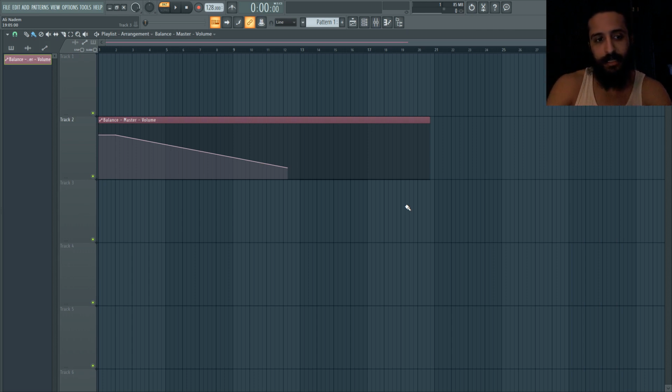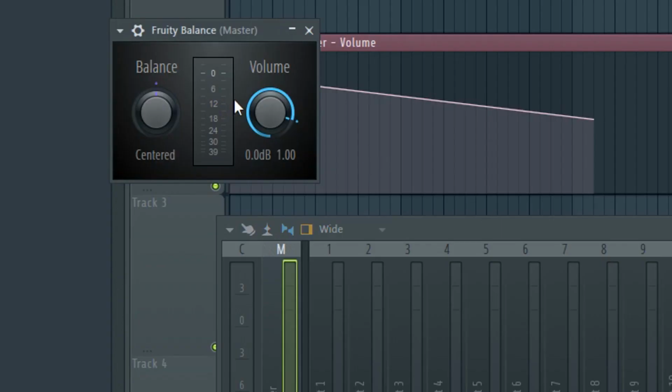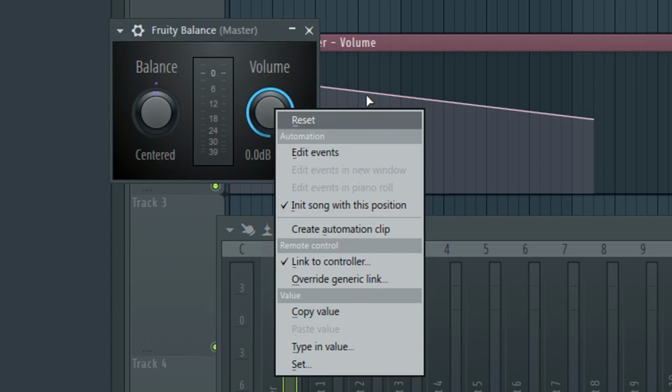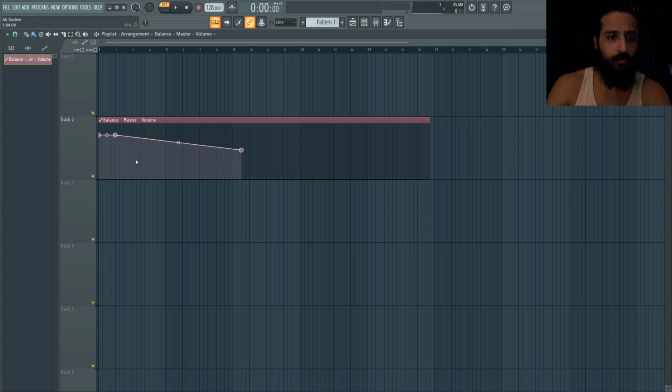So first thing I want to talk about is just your standard clip. Now, this is something that I automated here, Fruity Balance. I right-clicked and hit Create Automation Clip. Of course, when we right-click with our arrow, it's creating multiple points. So this is just a simple thing. I'm going to hit Control-Alt-Z to go back. And if you click and hold your left mouse, you can then rearrange the distance or where that point is